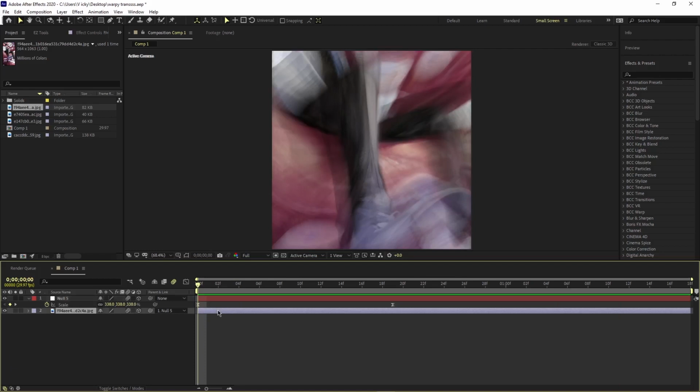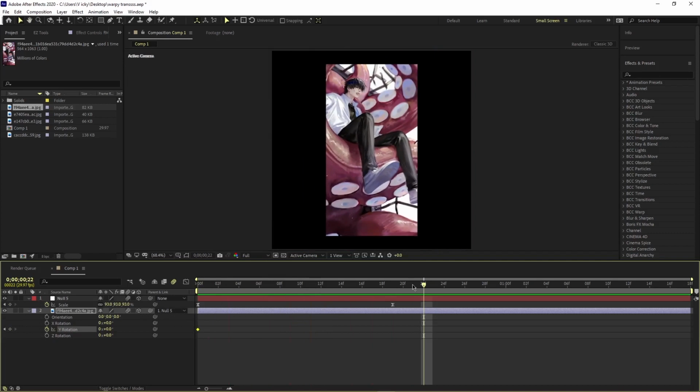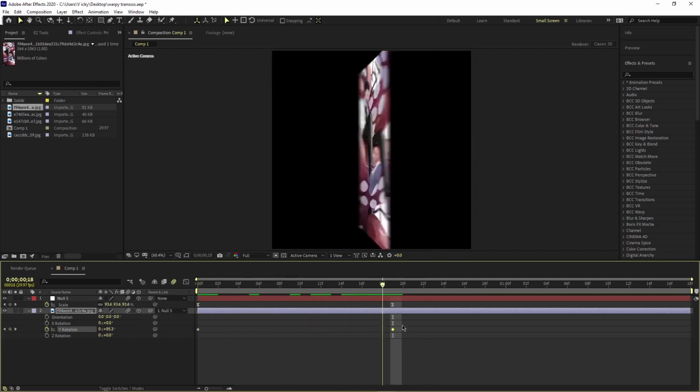Make sure to go and select your clip and press R to open up the rotation. And we need the Y rotation. Press on the stopwatch on the Y rotation. Set it there where you want it to start. I want it to start directly at the start. And then here, I want it to end. I align that with the scale keyframe and set the Y rotation to 90 or minus 90,